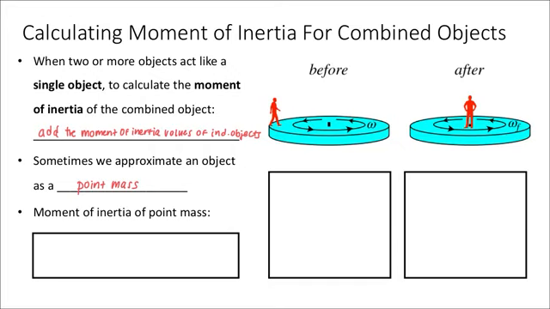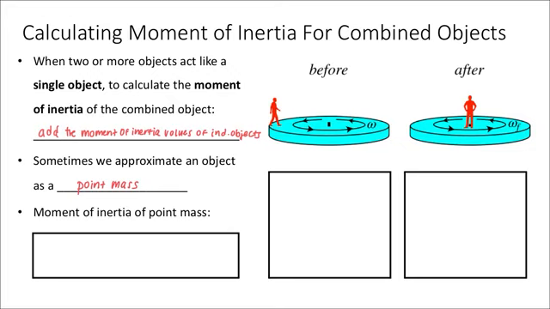But a point mass is a simplification that we use to solve problems, especially problems involving collisions, when the shape of the object is not as important as the mass of that object and the distance from the center of rotation. And so in this case, we could assume the person is just a single point mass,